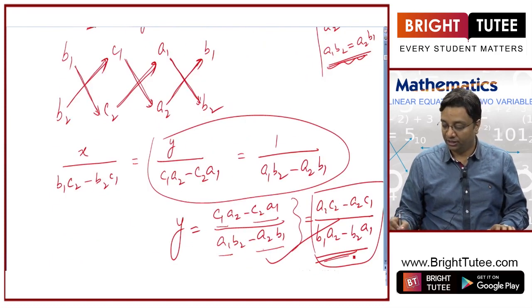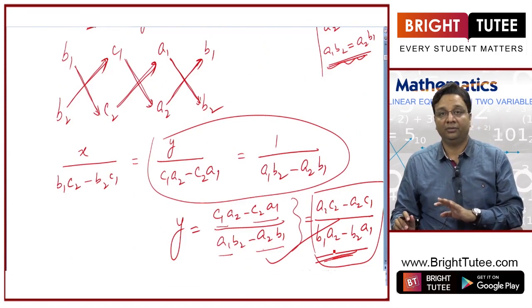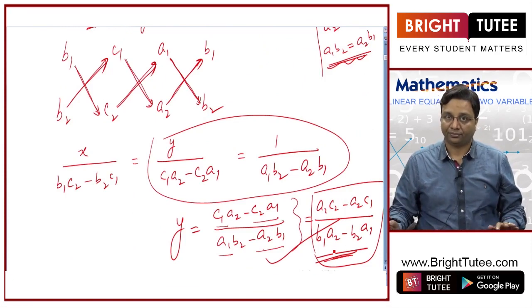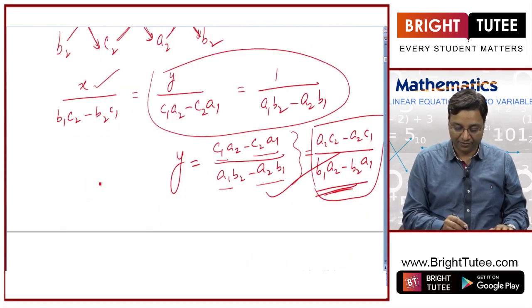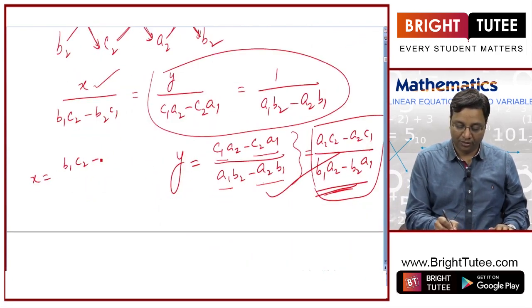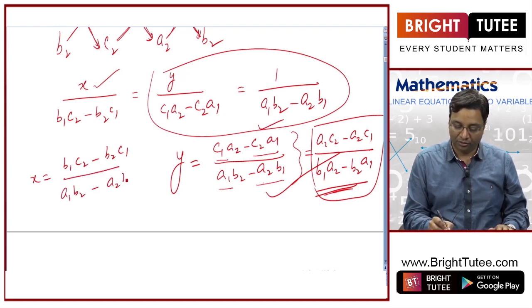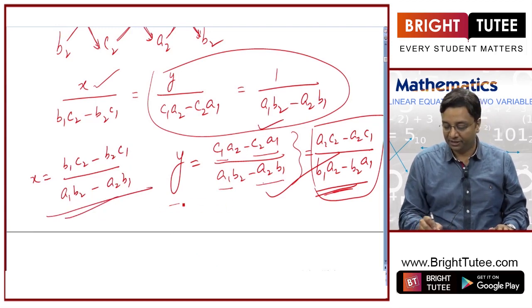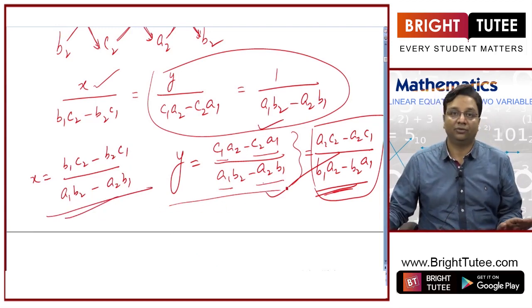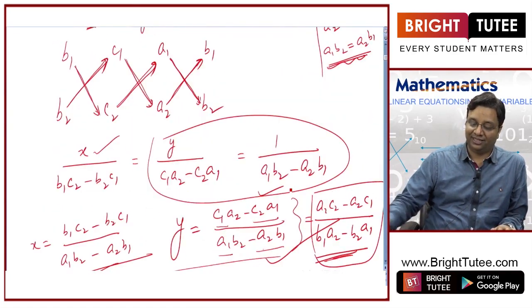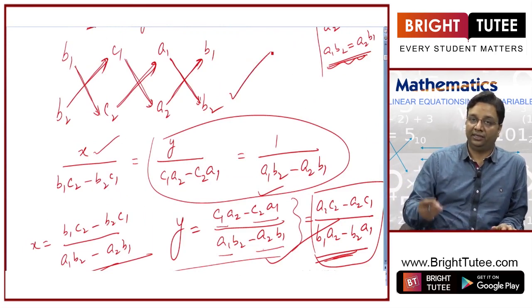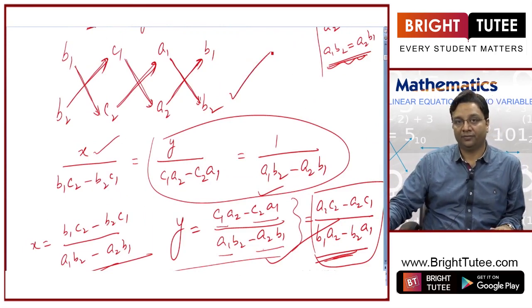So for this you didn't have to put in the effort that you put in the elimination method, you directly got this value. So this is the value of y using the cross multiplication method. Similarly, you can get the value of x, which is b1 c2 minus b2 c1 divided by a1 b2 minus a2 b1. So this will be the value of x, this will be the value of y, and you don't have to memorize this formula. While using the cross multiplication method, we will just write the coefficients in this form and then directly come up with the equations.